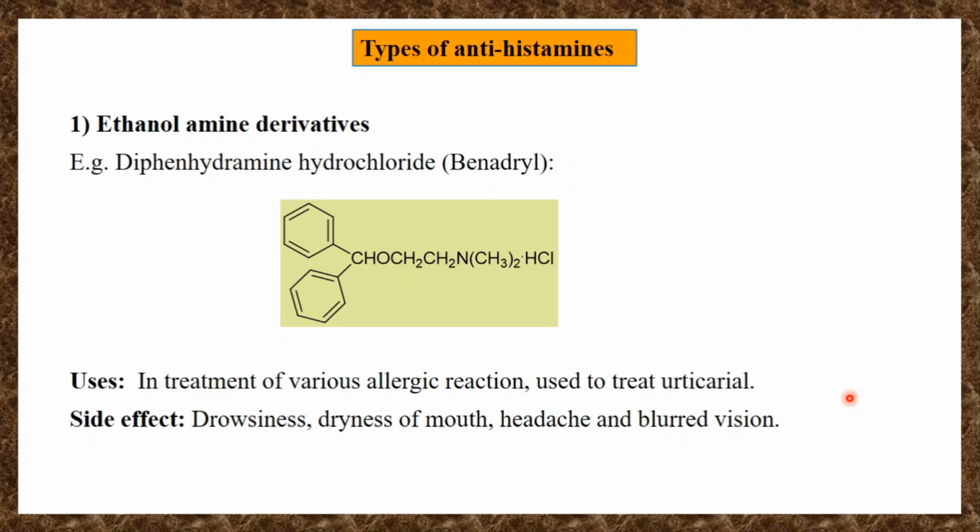So the next point is types of antihistaminic drugs. The drugs that are used to block the action of histamine are histamine blockers. The first derivative is the ethylamine derivative. It has CH2, an ethyl, and NH2. The example of this ethylamine derivative is diphenhydramine hydrochloride,